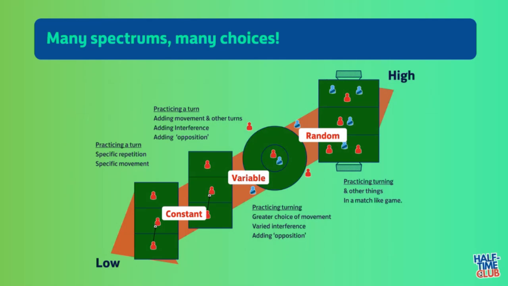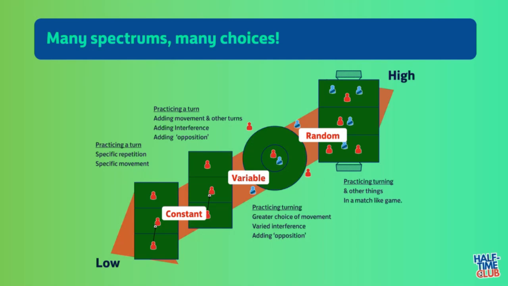So the next practice spectrum I'm going to show, and this one you may not be as familiar with depending on the time period in which you completed your qualifications. So this is covering the idea of constant, variable, random, and you'll see those words stuck in the middle there in white with the red text. And this was terminology that was used previously to describe the sort of actions that players may practice within a session and how we can scale them up gradually to look more like the game.